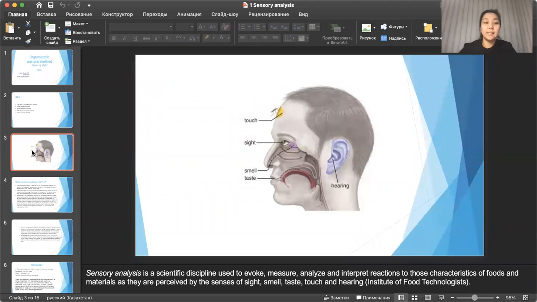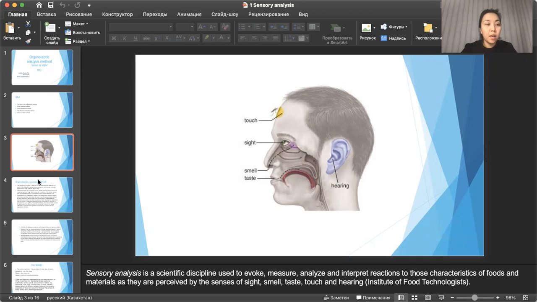Sensory analysis is a scientific discipline used to evoke, measure, analyze, and interpret reactions to the characteristics of food and materials as they are perceived by the senses of sight, smell, taste, touch, and hearing. Here on this picture, you can see how it works. Firstly, we see, then we touch, then we smell, taste,